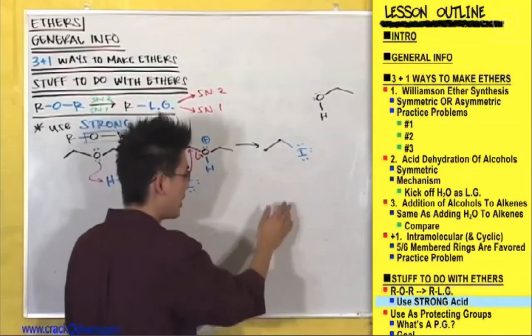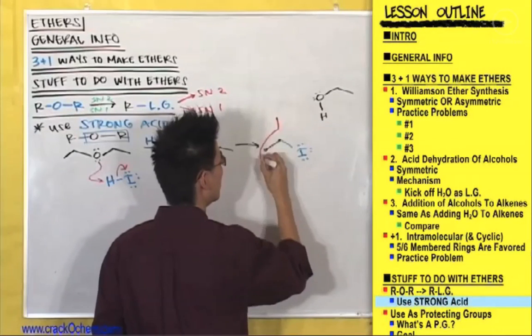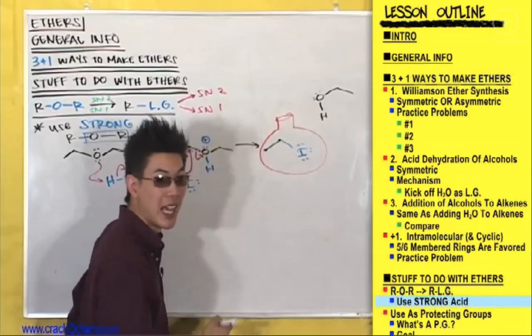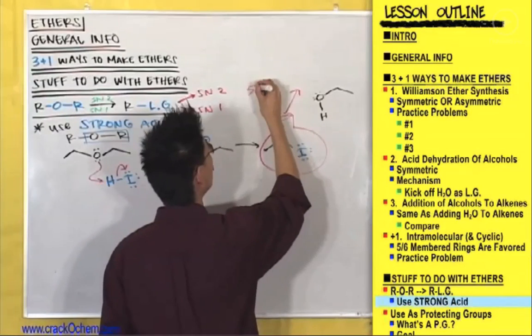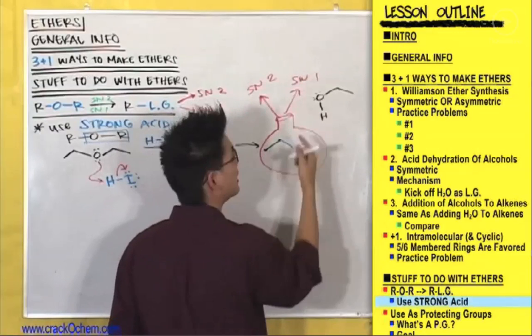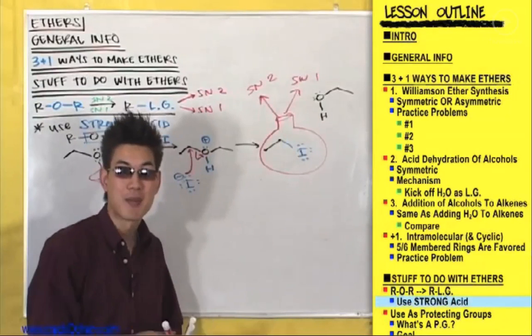Okay, so after you make your alkyl halide, you can go ahead and just store this in your flask until you're ready to use it, and then you can use it in whatever SN2, SN1 reaction that you want, okay? But the thing is, when you